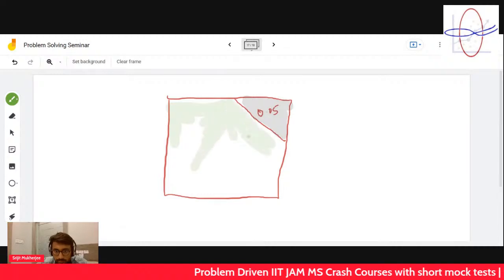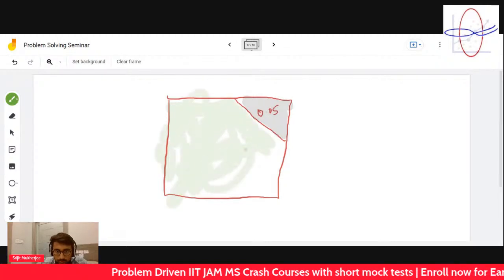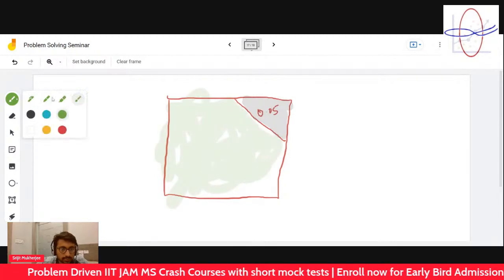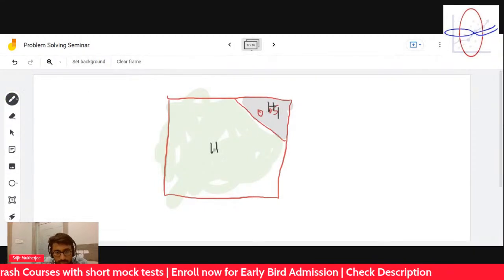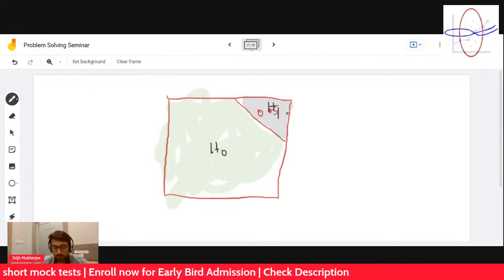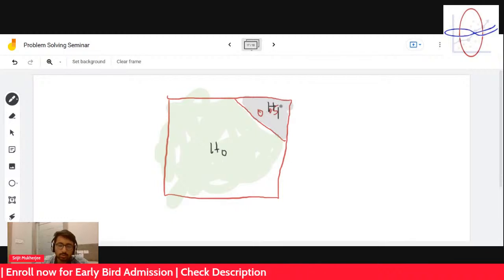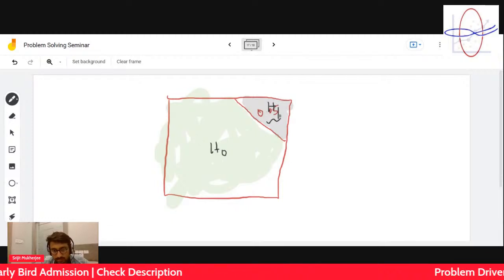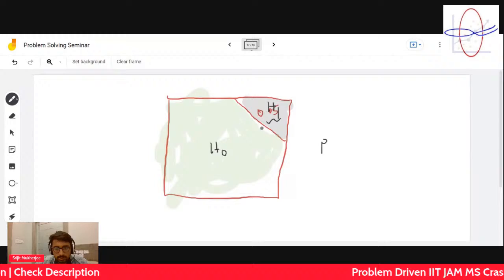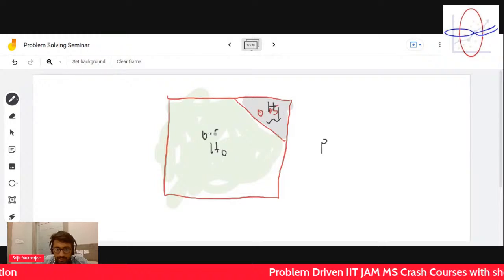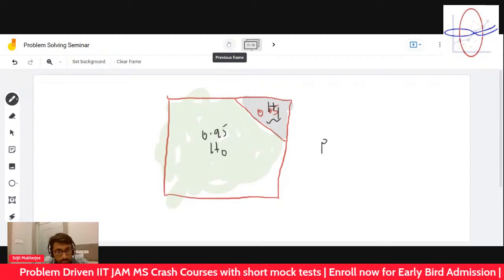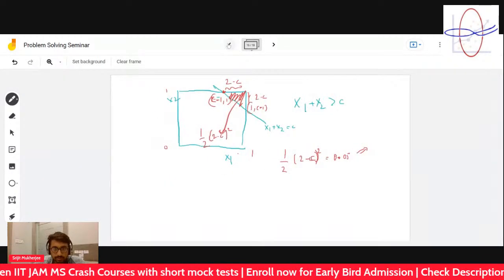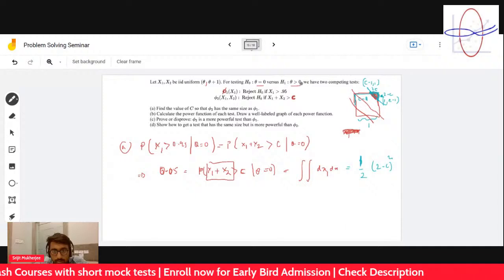That means here is H0, here is H1. This is the rejection region, so the size is this. Power is the probability of this, therefore this is 0.05, so this is 0.95, right? This is 0.95 under H0. Remember this. So under H1,